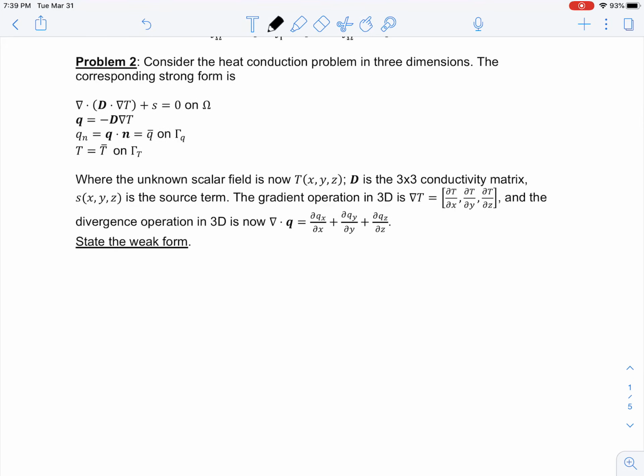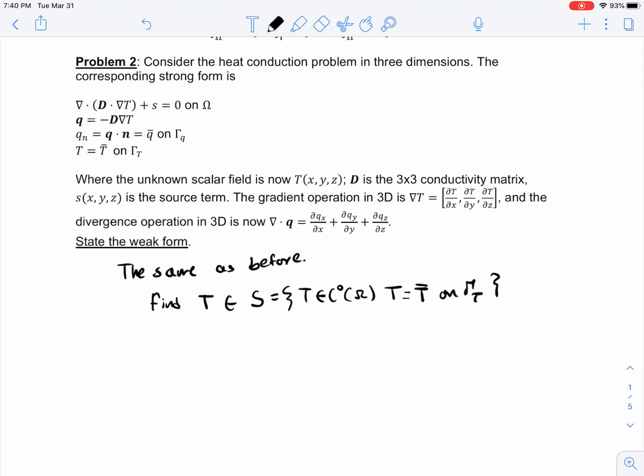Well, it turns out that it's exactly the same as the previous problem. The only thing is that we don't have the extra term. So this one will look the same. It's going to be the same as before. Find temperature in some space S, which is defined as C0 functions with essential boundary conditions on the part of the boundary that has essential boundary conditions,